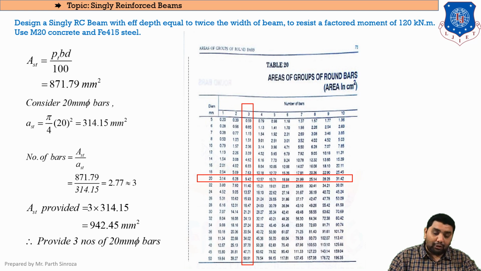You can either opt for the manual method or you can opt for this steel table method. The steel table will be preferable because it requires less time. How to find this? In these ranges, we will be finding a value which is greater than 8.7. The value that is greater than 8.7 here falls under only one category, that is 9.42. And for 9.42, if you go vertically, it is 3, that is 3 bars, and if you go horizontally, it is 20, that means 20 mm diameter bars. So the final answer will be 3 numbers of 20 mm diameter bars, clear?